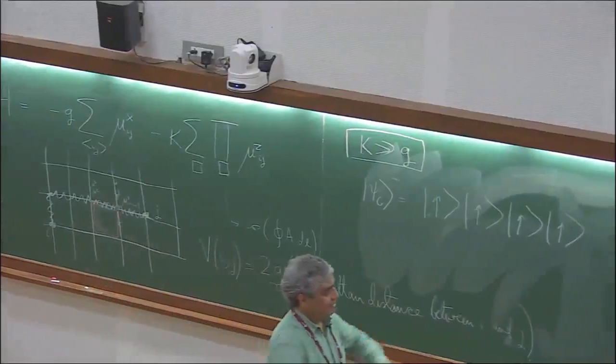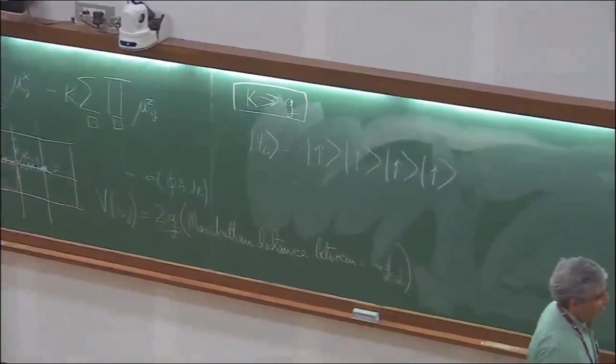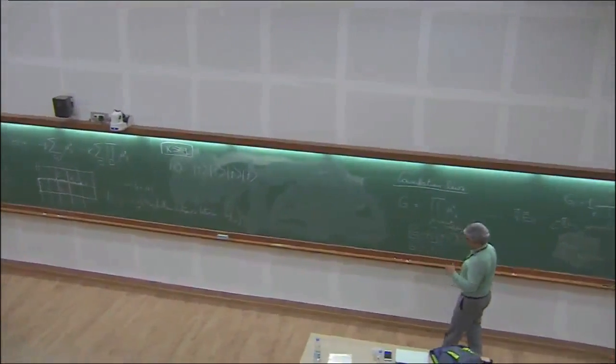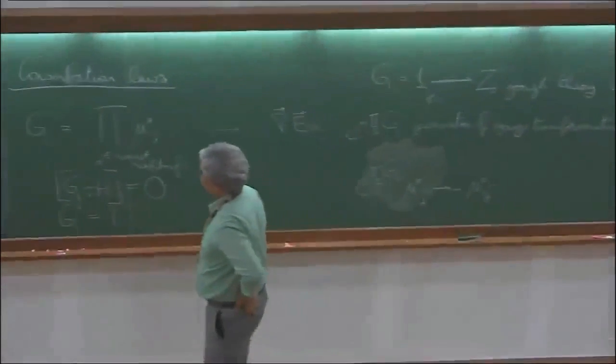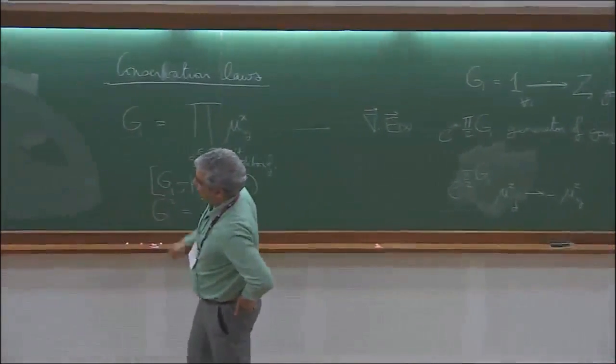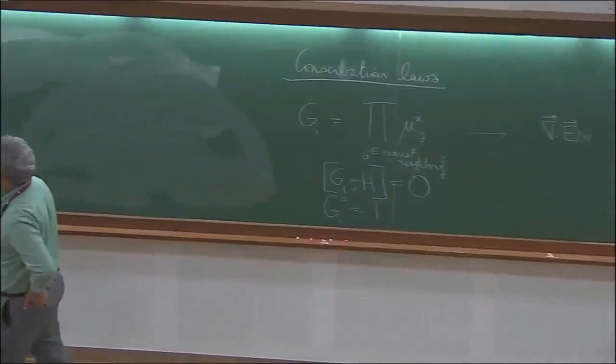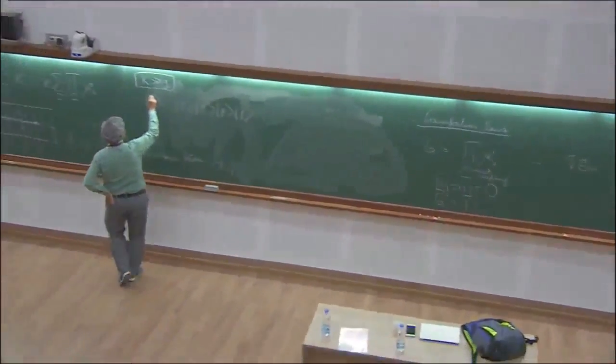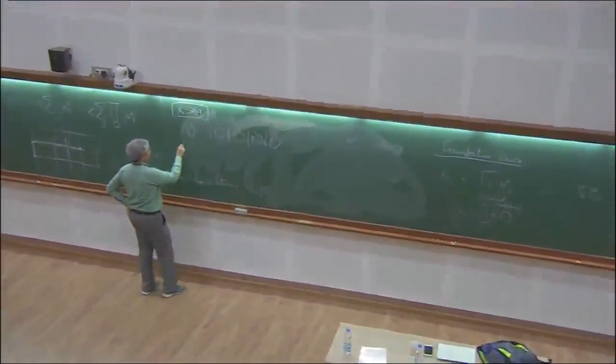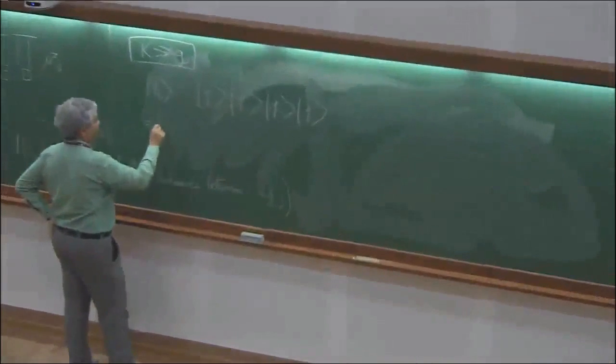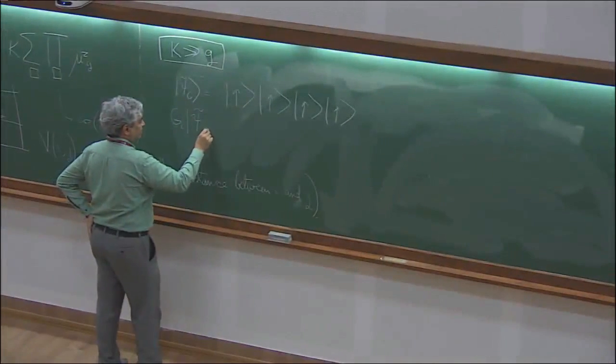For many purposes, once you have enough experience with gauge theories, you just work with this. But to be completely consistent with my definition so far, and to be able to identify where the charges are, the trouble with this wave function, I want a wave function that let me call psi tilde, because it won't be the exact ground state wave function. What is G_i acting on psi tilde?